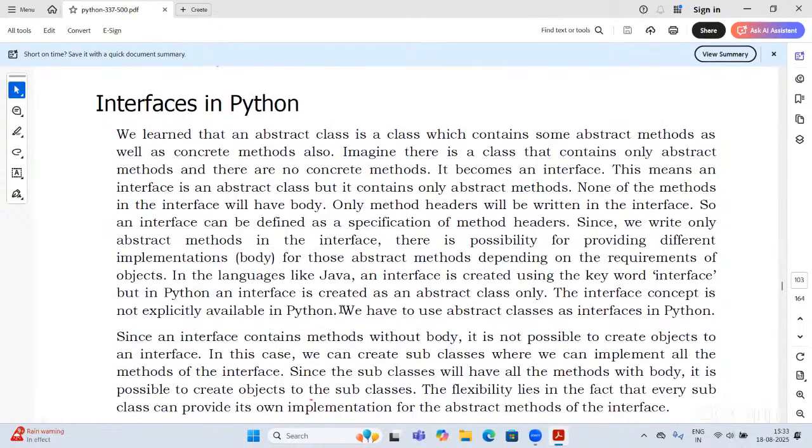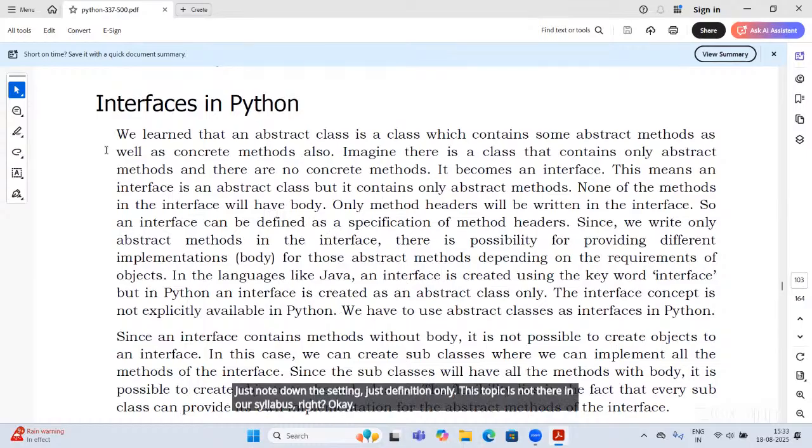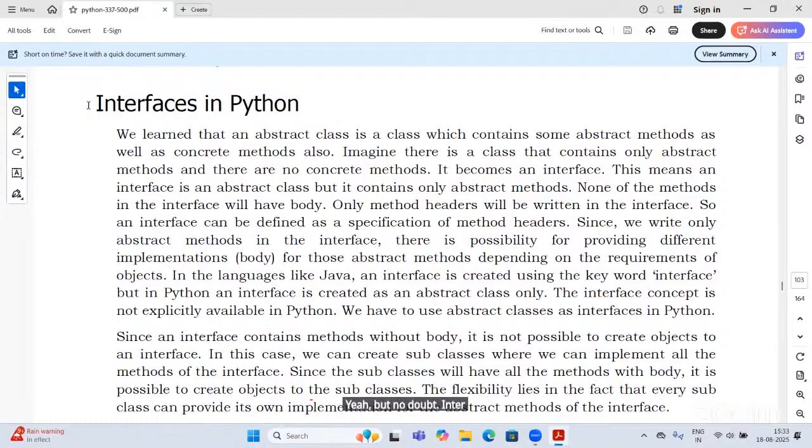Just note down this heading, just the definition only. This topic is not there in our syllabus, right? But note it down: Interfaces in Python. Are you writing?